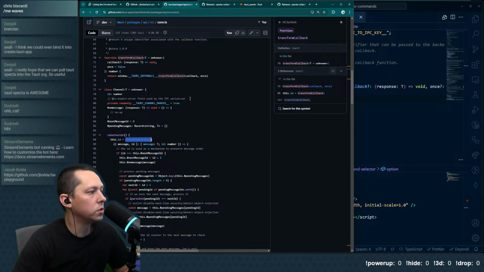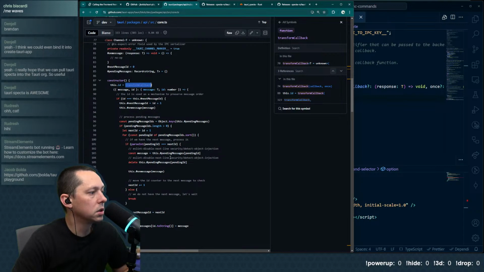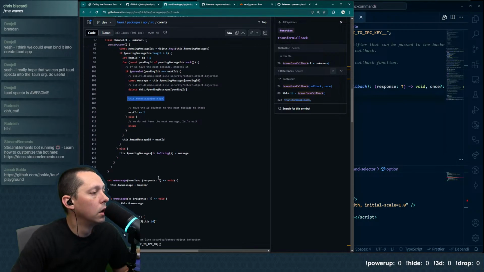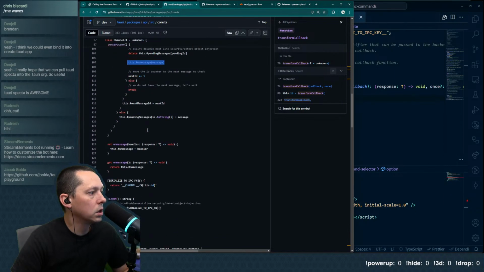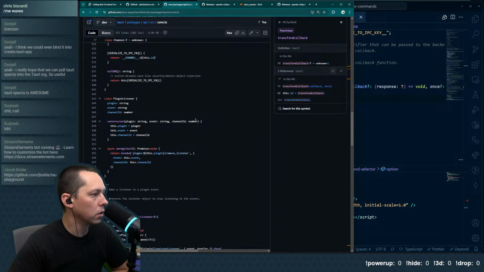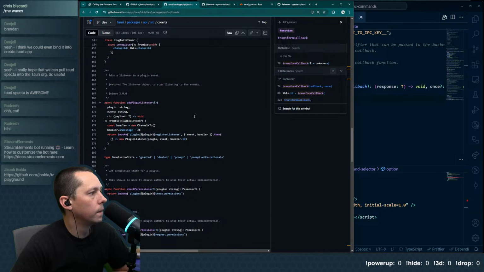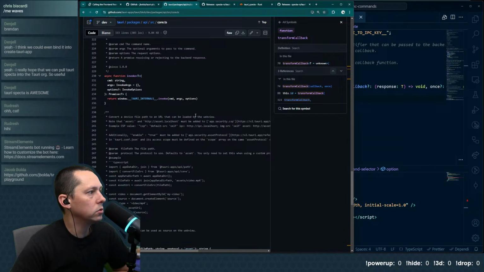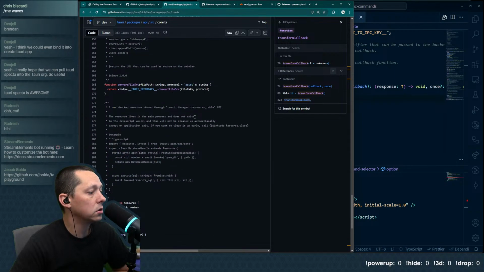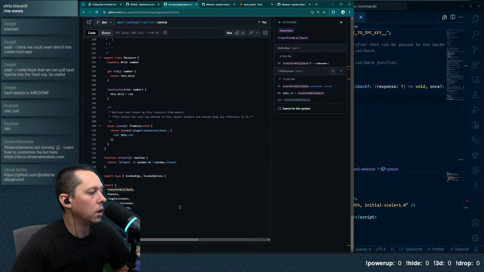I guess it depends what it's doing with this transform callback, because this is the thing that ends up handling and then eventually calling the on message. I'm not quite clear if this is actually happening. There's some level of a thing invoking another thing. That's the bit that I need to understand better.